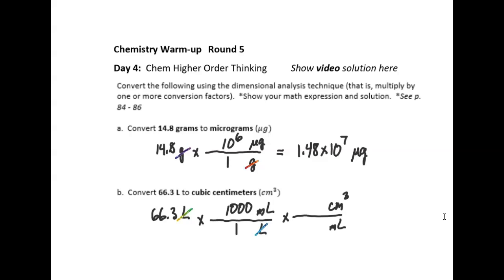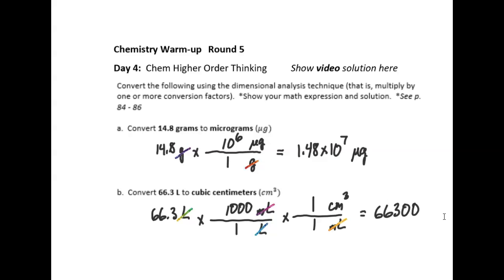The conversion equivalency is that 1 cubic centimeter is the same thing as 1 milliliter. These labels cross-cancel, leaving the label cubic centimeters. It wasn't necessary to multiply by 2 conversion factors to change from liters into cubic centimeters if we had simply written down that 1,000 cubic centimeters was equivalent to 1 liter. Mentally or with a calculator, multiply 66.3 times 1,000. The result is